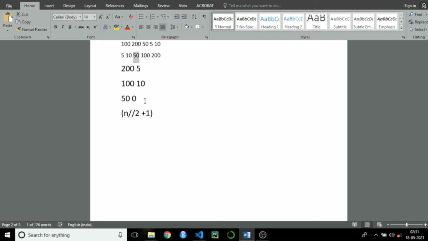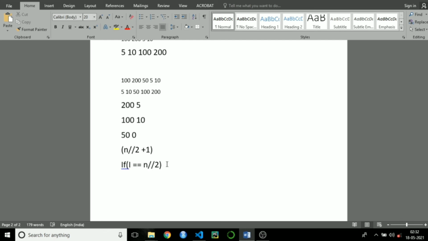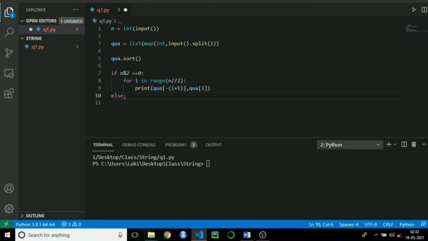So I need to know the middle term. To do that, I am going to include a condition, that is if i is equal to n integer division 2. This condition will get the middle term, and if I encounter this condition in the for loop, I need to pair that element with 0. I will do this in code here.